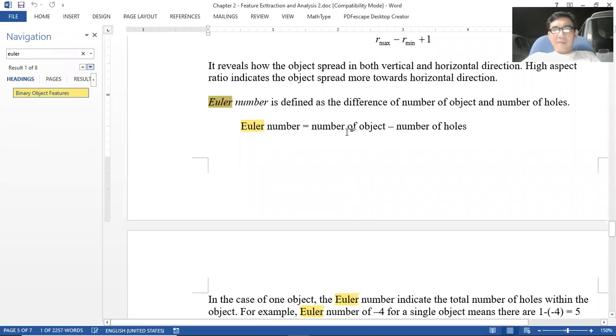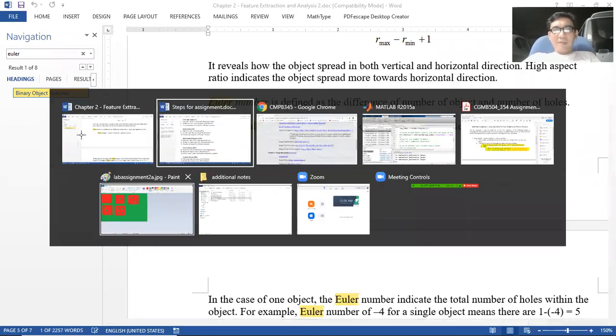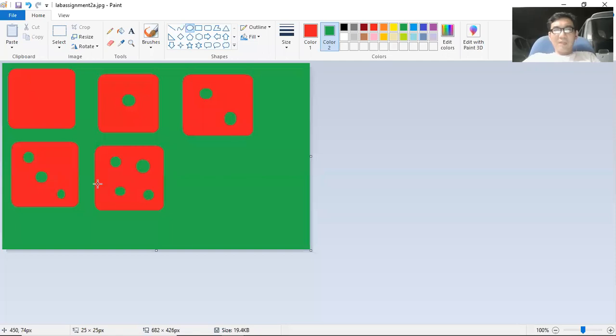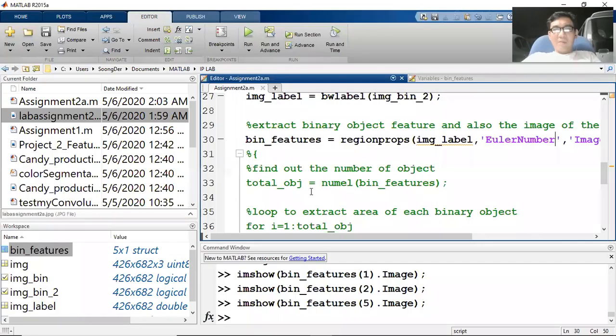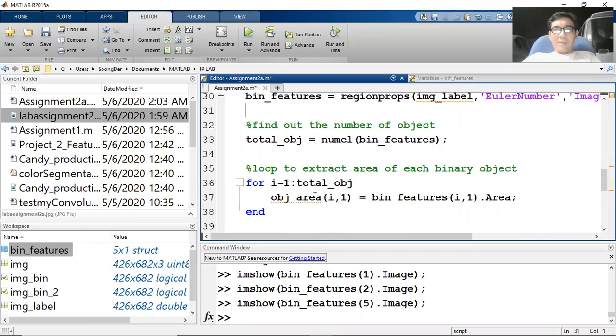All right, so in this case, all our objects, if you look at the objects just now, we have extracted each object. So basically the number of objects for each object is actually 1. Okay, 1, 1, 1, 1. All right. Okay. So then we need to compute our number of holes. So object holes is equal to,